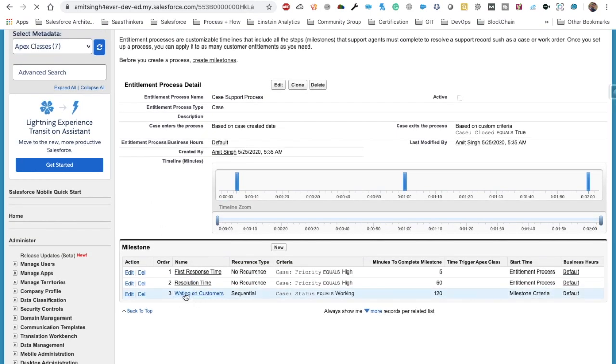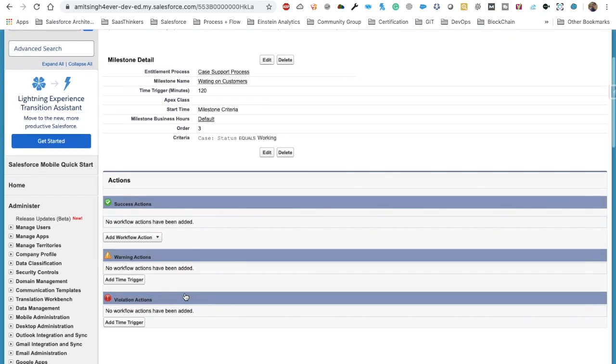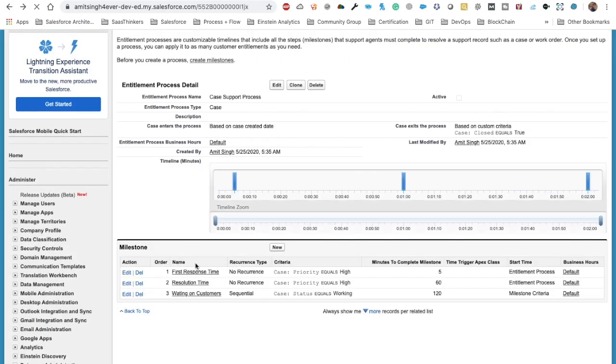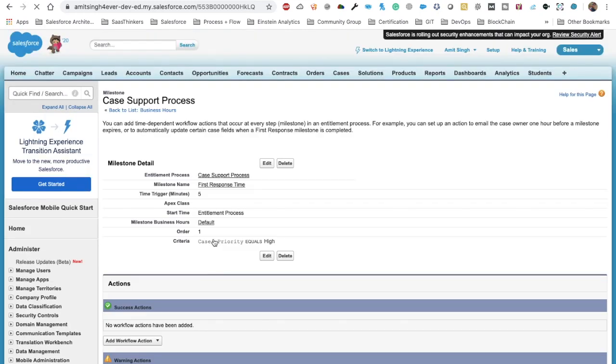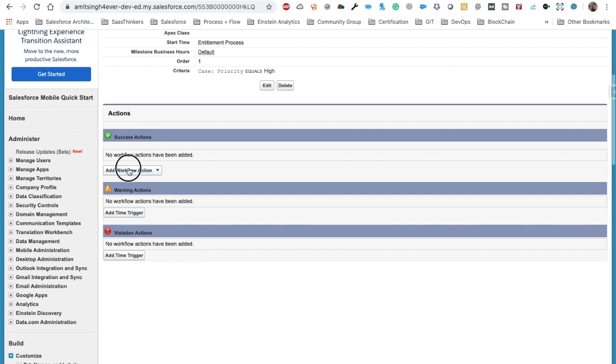So if you click on any of those three actions, you will see what actions are available here. These are the workflow actions. All four workflow actions we can apply here, whatever actions we can apply for a workflow rule: create a new task, email alert, field update, or outbound message.